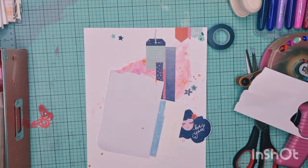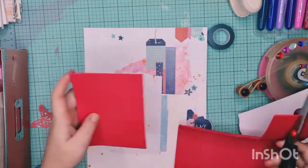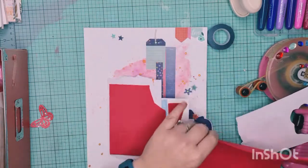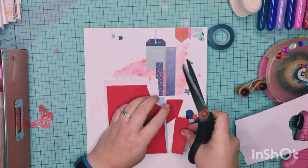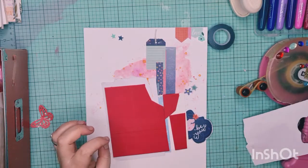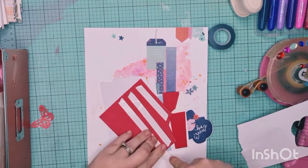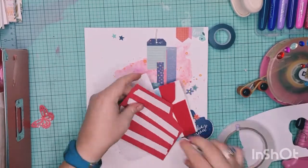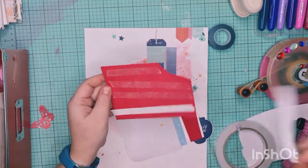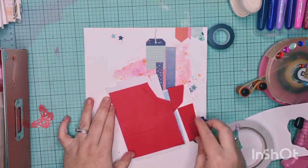I decided to pop this up on some foam, and this is pretty funny, me cutting this foam. It's going to be like a comedy because I couldn't get the right shape and I was kind of sticking it for ages. So I just stuck some foam on there. It doesn't matter what it looks like at the back because no one's going to see it. I can't use my ATG on that. I've learnt from the past, you cannot use your ATG on foam. It just kind of unravels and makes a big mess. So I stick that down with some tape,